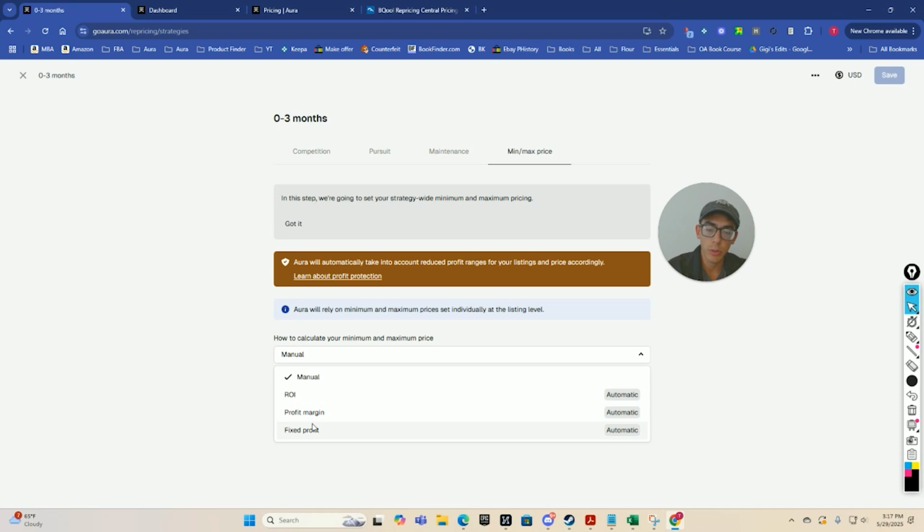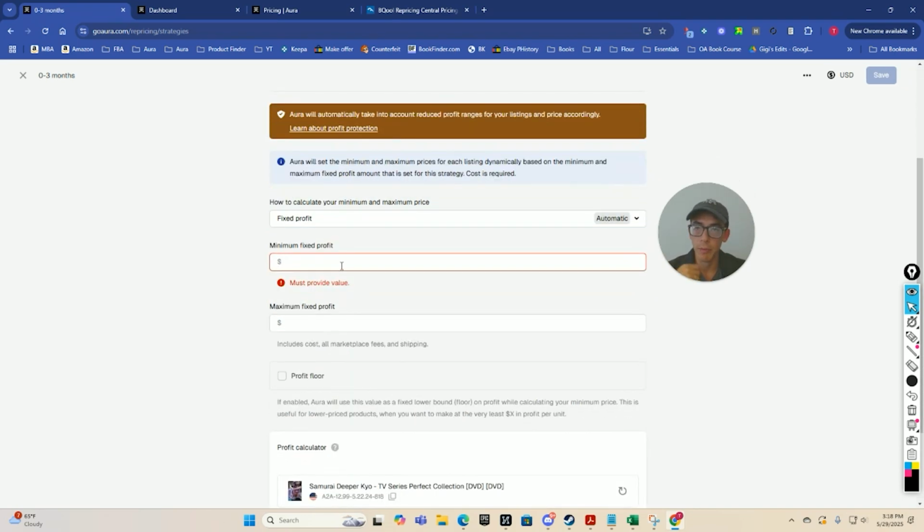Now, if you wanted to, you could do it by profit margin or by fixed profit. So you could say, hey, I want my minimum fixed profit to be $5. What that would entail is that you need to have a buy cost for every book that you have. And if you don't know how to do that, the easiest way with automation is to use the Amazon order history reporter and then use some VLOOKUP formulas to sync the data with Aura and upload it as a file. I went over all of that in a very easy way to understand in the last video